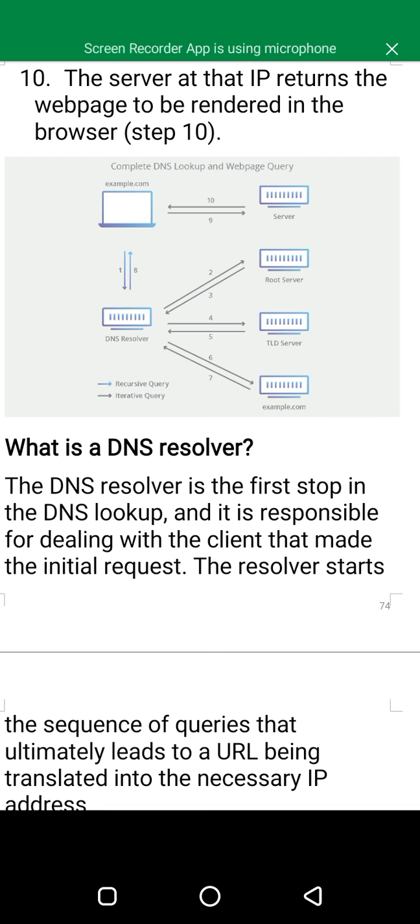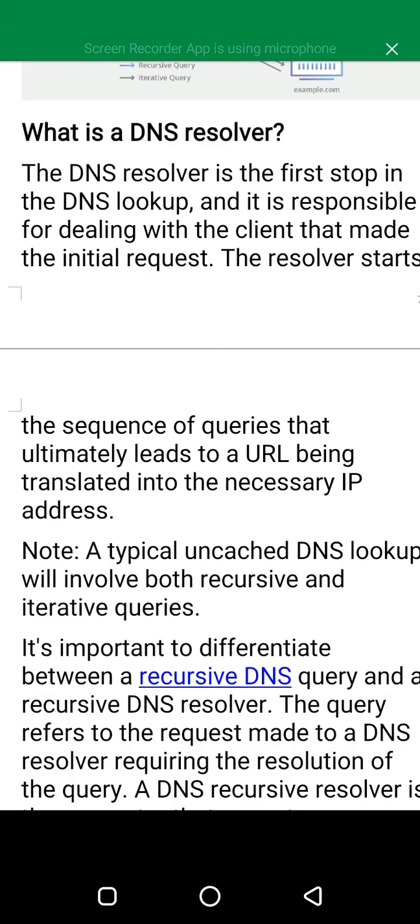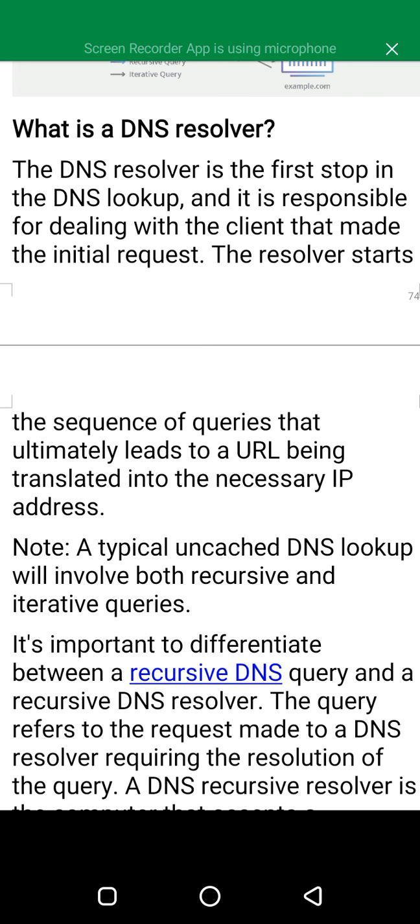What is a DNS resolver? Having looked at those various terms, let's look at what a DNS resolver is. The DNS resolver is the first stop in the DNS lookup and is responsible for dealing with the client that made the initial request.